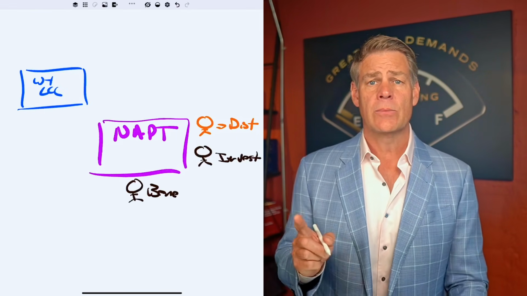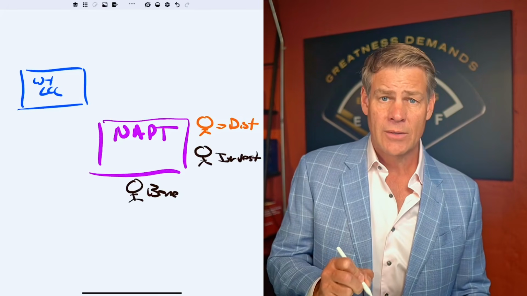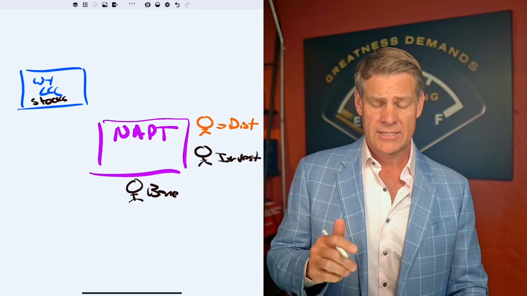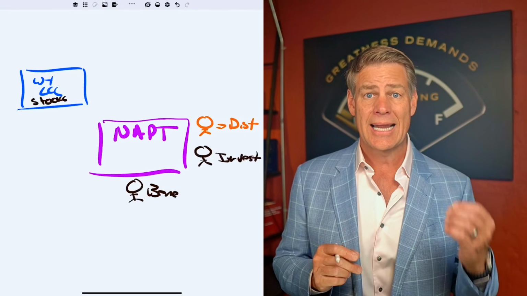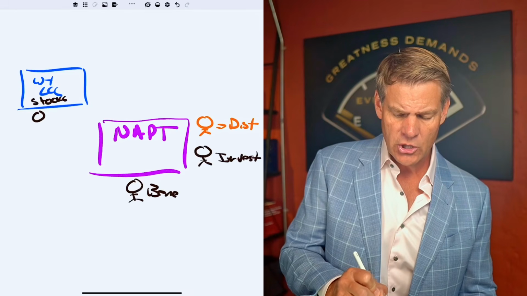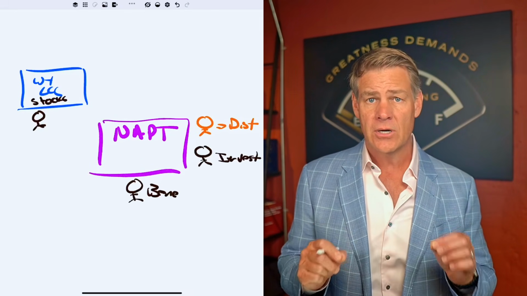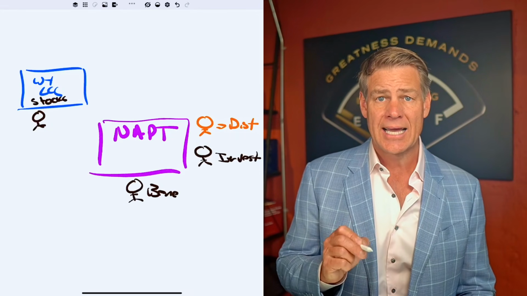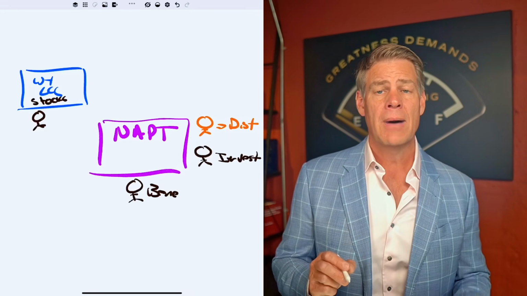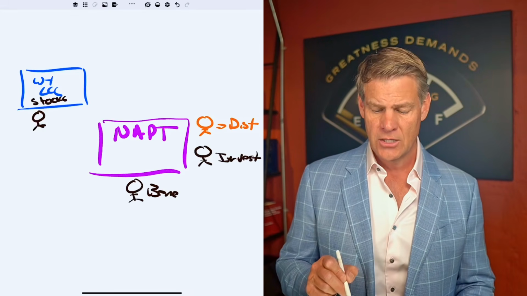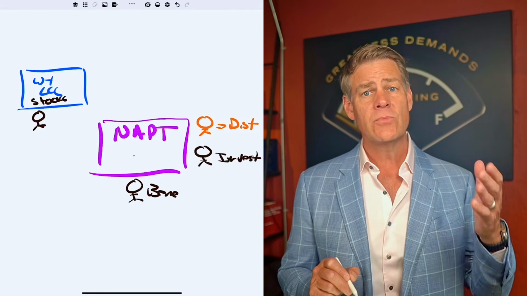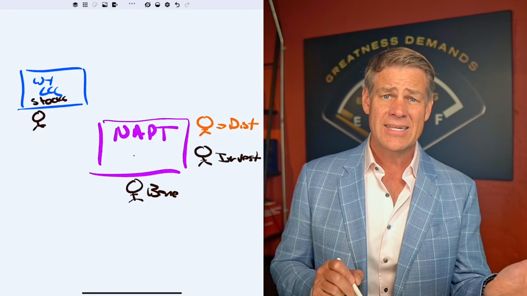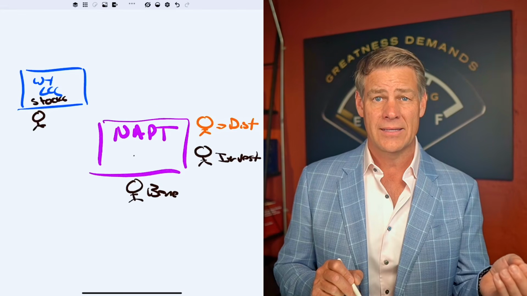So let's assume I was just going to put in a brokerage account, investment account. I would set up a Wyoming LLC with my stocks. Now I'm doing this again because I want asset protection. I want a higher level of asset protection than I gain just with that LLC. So I'll start off where I am the sole member of this limited liability company. I'm the only member. And then I'm going to assign, transfer, move my interest in the Wyoming LLC to this asset protection trust. So rather than moving the actual accounts themselves, the accounts stay in the name of the LLC. I'm funding the asset protection trust with the LLC interest.